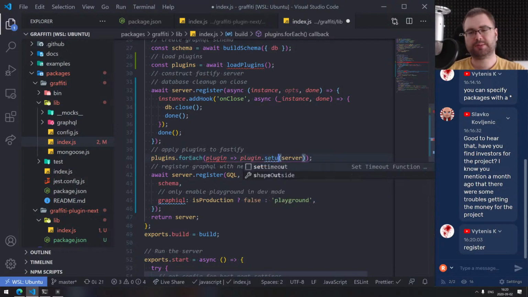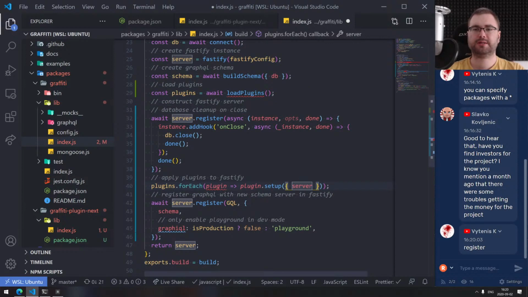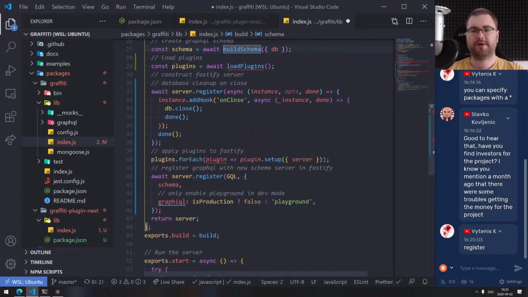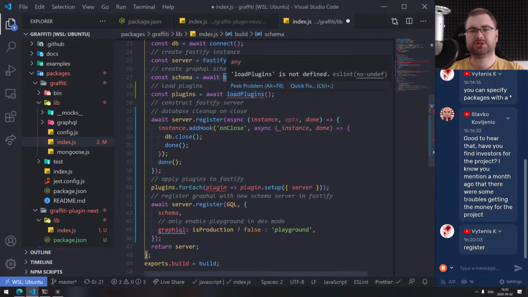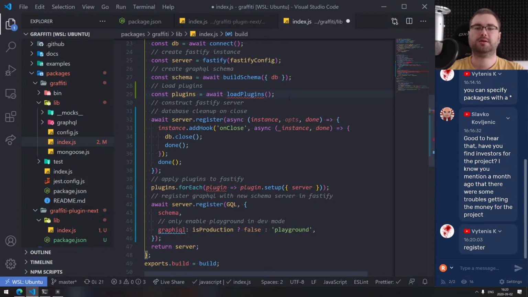Let's call it plugin.setup, and then we're just going to pass in the server. I'm just wondering, so we've got to build the schema here. So the problem is, okay, yeah,